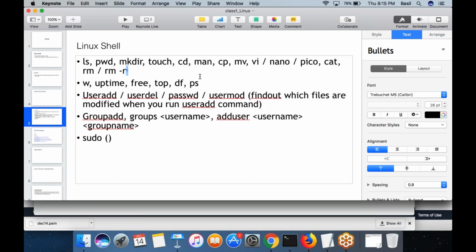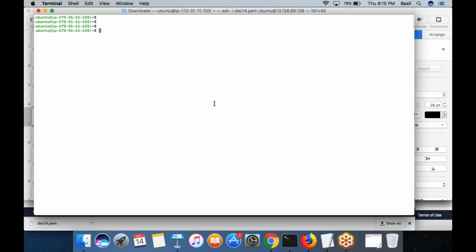Some basic commands. So before I start, I will tell you. In Windows you have users, right? You log into your Windows laptop by providing the username and password. So you are logging in as a user. There are different types of users in Linux. There are administrators, there are normal users, there are guest users, right? There are different types of users in Linux.